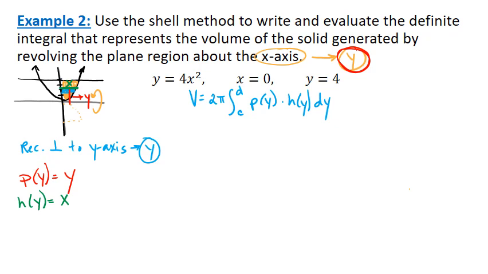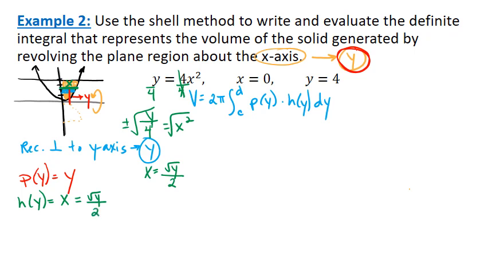So what we need to do is take this and solve this for x so we know what x is. The first thing I'll do is divide by 4. So I have y over 4 is equal to x squared, and then I can take the square root of both sides. Technically, I need this plus or minus, but I'm only interested in the positive side of this parabola, so I'll omit the negative for now. So this means that x is equal to the square root of y over the square root of 4, which is 2. So instead of replacing this h of y with x, I'm going to replace it with root y over 2